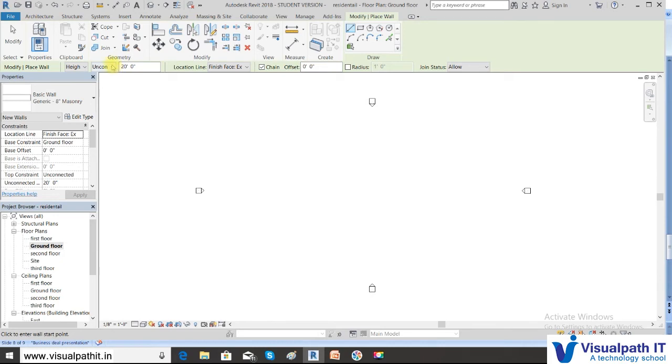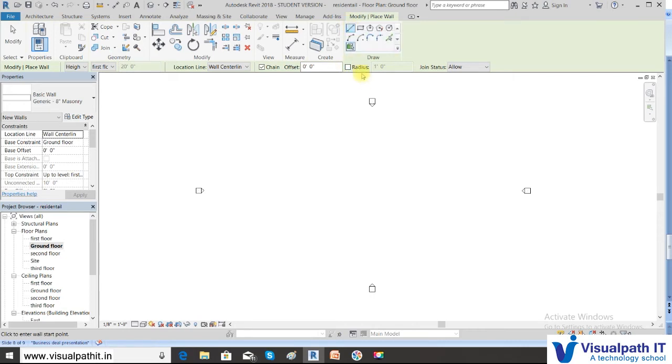Once you define the height, you see this is unconnected. Unconnected means your base is in the ground floor, so your top will be on the first floor. Since we have set the level of the floors is 10 foot, even though it is 20 foot here, automatically that level will be set. So you will not type there. Similarly, the location line. Currently let it be in the wall center line. When you click wall center line, as I told you, the reference line will be in the center. Radius is not required now, and we have the tools here.